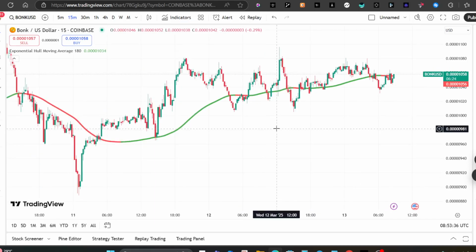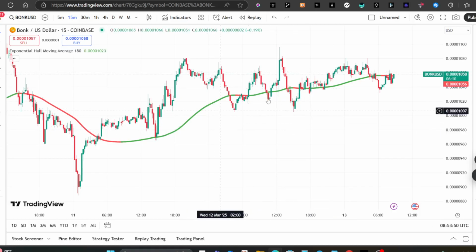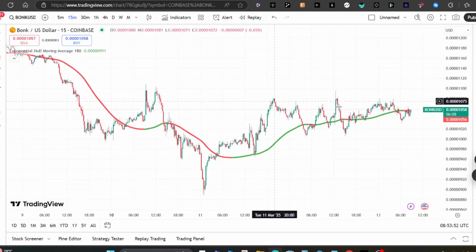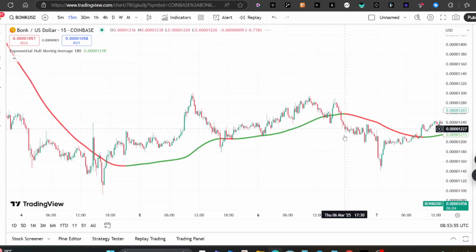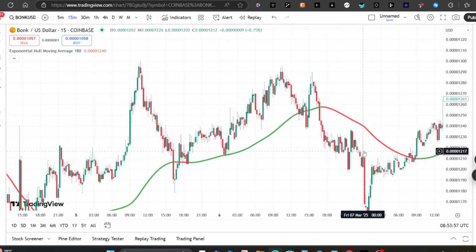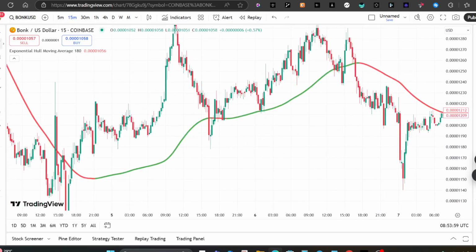Now let us get into the practical part. How do you actually use the Exponential Hull Moving Average in your trading? Here are a few key strategies that you can use. The first is trend confirmation. If the EHMA is sloping up, as we can see, let's look for a better example because it seems like it's kind of ranging in that particular scenario. So if the EHMA is sloping up, like what we can see happen here,